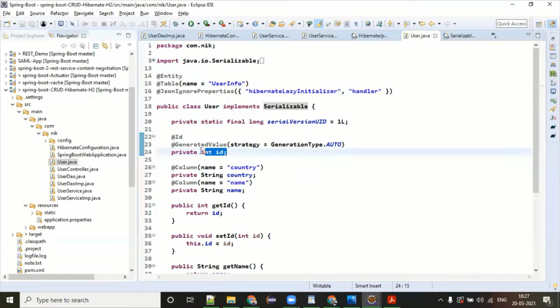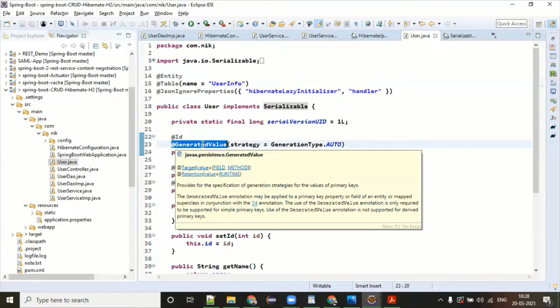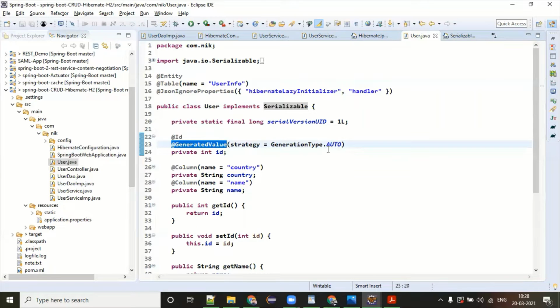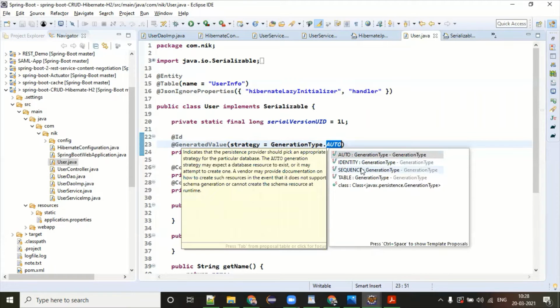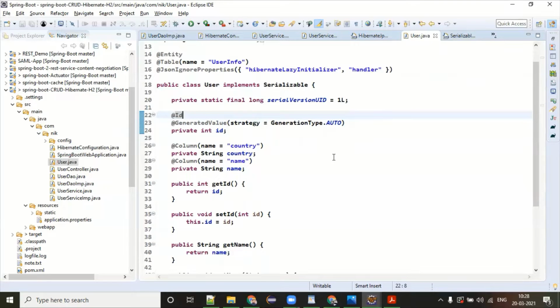Now, primary key. I told you, if you're using Hibernate, then you must define one of your properties as a primary key. So @Id, you just need to put @Id. Again, here also we have a strategy, the generator class. If you want Hibernate to feed the value for this primary key, then you can give generation type auto. If you have a sequence defined, let's say one database sequence, and you want to pick up the value from that sequence every time, you can select the sequence and give the sequence name. Similarly, we have identity. So all these things are the different options of your generator class.